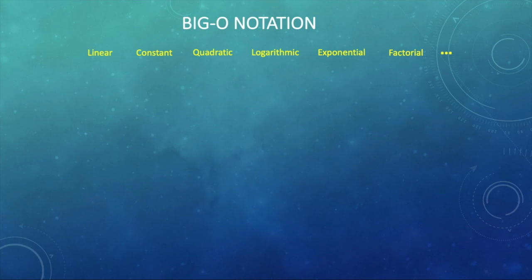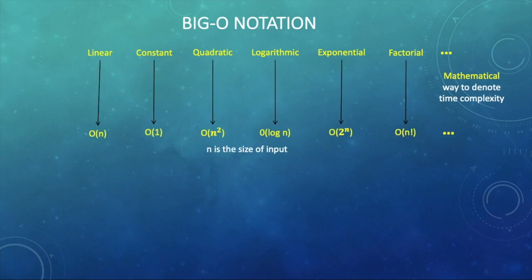Now expressing different types of time complexities with words like linear, constant and quadratic is a little bit confusing and difficult, right? So we need a way to express different types of time complexity in a more mathematical or systematic way. And that is what big O notation is. So instead of saying this algorithm takes linear time or the behavior of this function is quadratic, we say big O of n for linear, where n can take any value, and big O of 1 for constant.